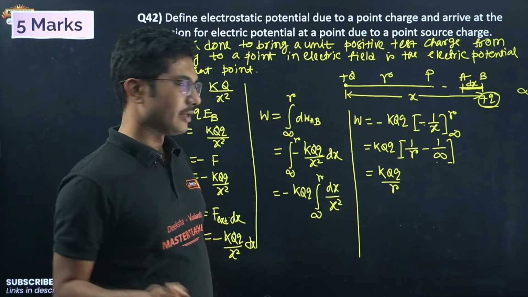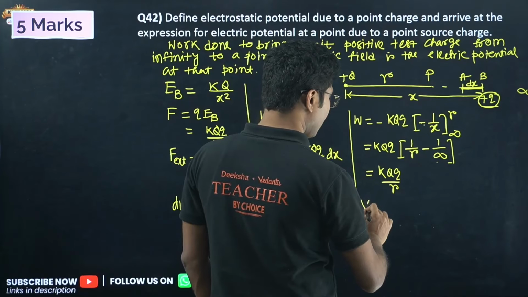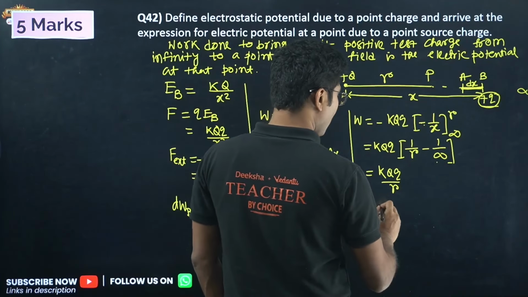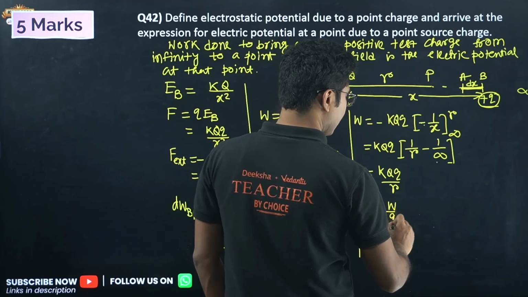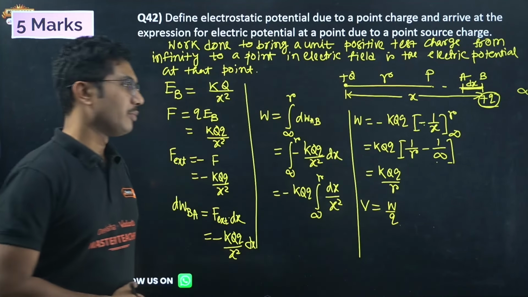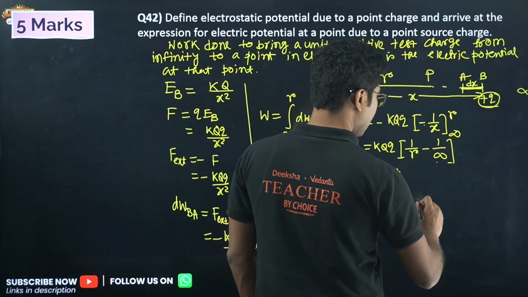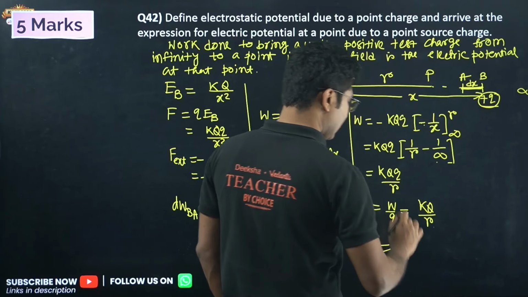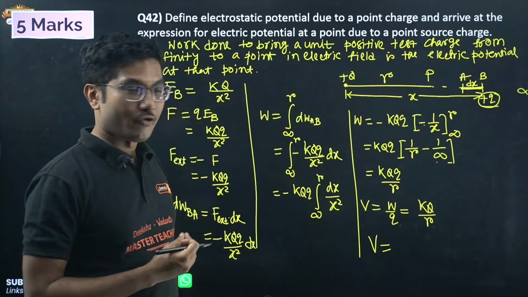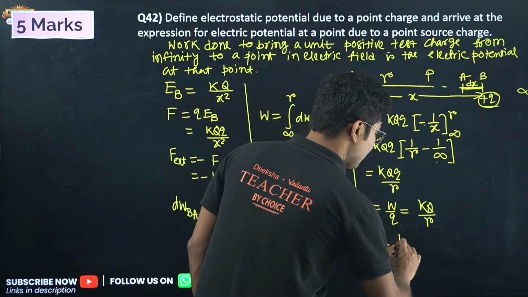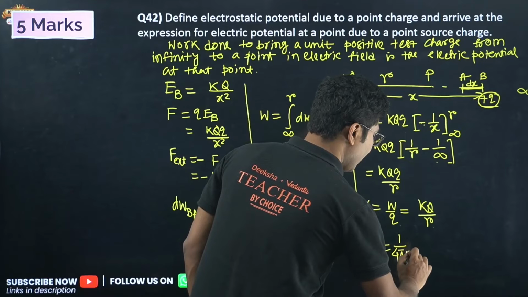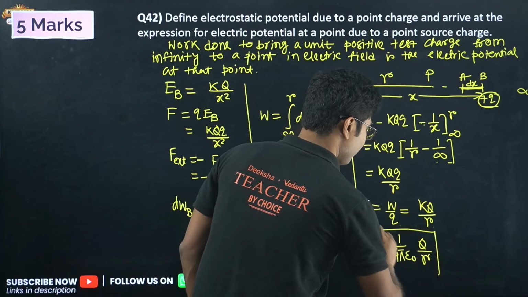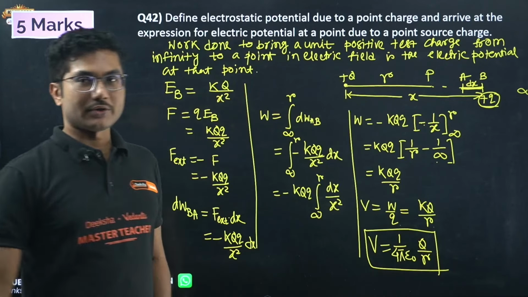Now this is not yet done. So what is potential? They have not asked you to calculate the work done. They asked you to calculate the potential. Potential is work done per unit charge. So you have to divide it by small q. Work done per unit test charge. So that is k capital Q by r. Or potential is, now let's suit it up, let's give it a formal look. So formal look means it has to wear the tie and bow, right? Looks good, it cannot be casual anymore. So this is the electric potential, 1 by 4 pi epsilon naught q by r.